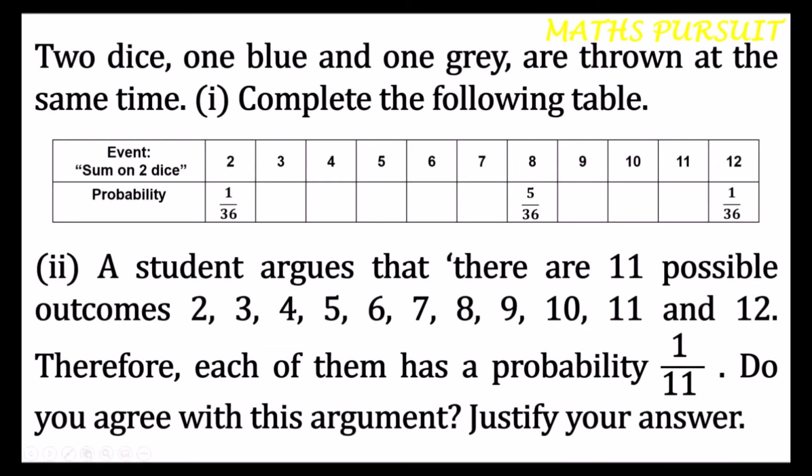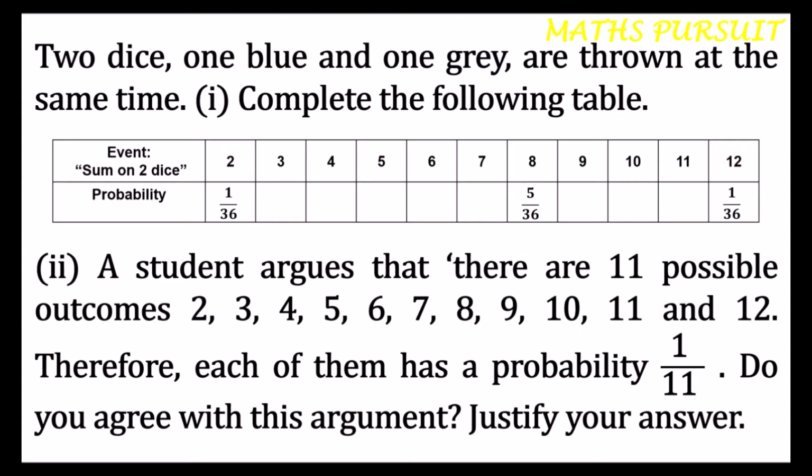The given question is: two dice, one blue and one grey, are thrown at the same time. Number one is complete the following table. So we need to complete the given table in order to answer question number 1, or point number 1. And moving on to point number 2, it says that a student argues that there